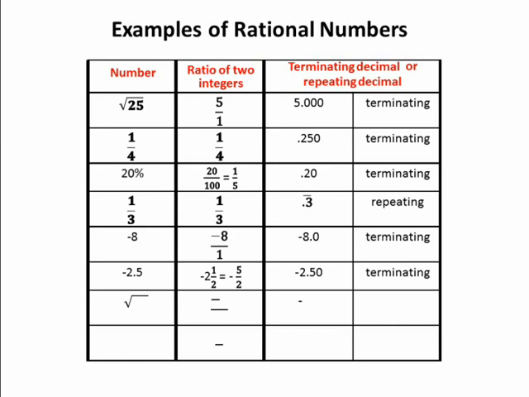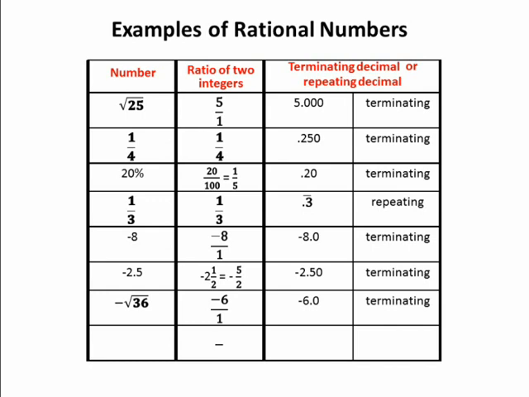-1 times the square root of 36. This number can be written as the ratio of two integers. Since the square root of 36 is 6, and when negated is -6, -6 can be written as the ratio of two integers, -6/1. Additionally, observe that -6 can be expressed as a terminating decimal of